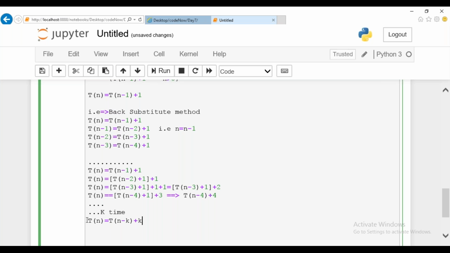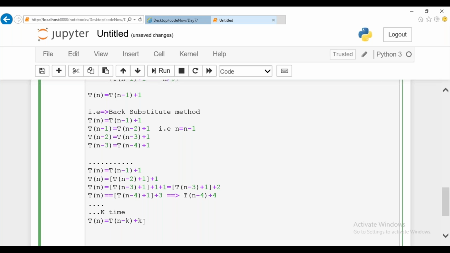Is this clear, guys? How do you form this one? We are going to execute k number of times at the end. Instead of n minus 4, for k times, I'll write n minus k plus this expression. In the end expression we got, just implement k in place of the 4 value, so you'll be getting this expression.